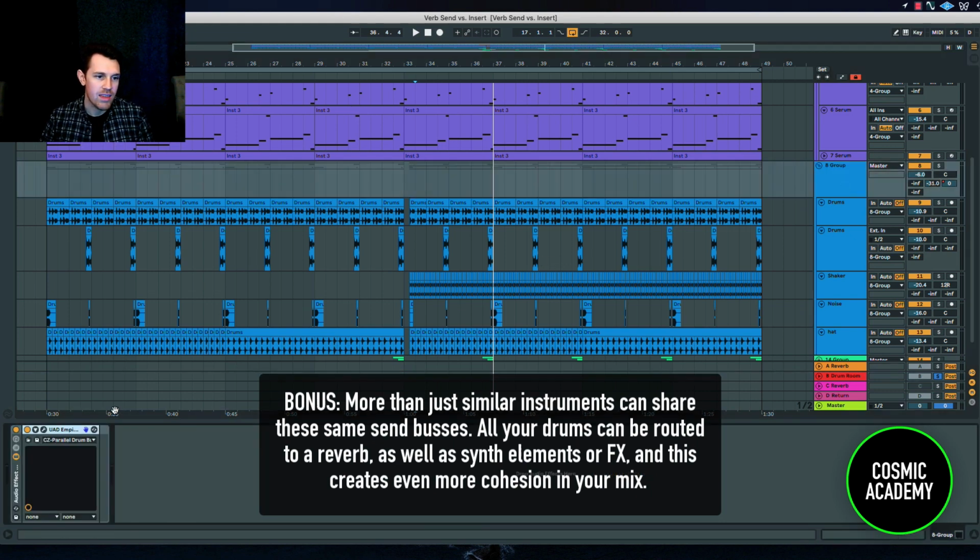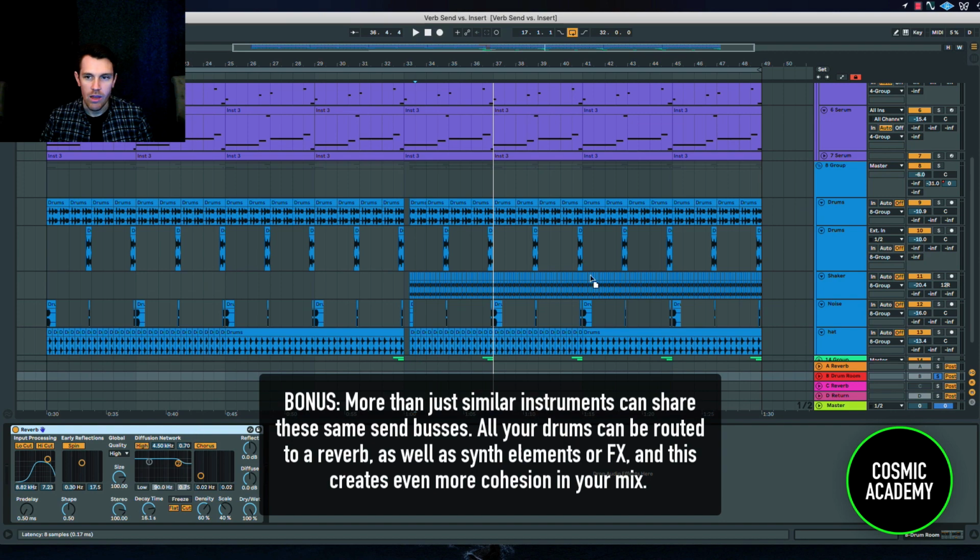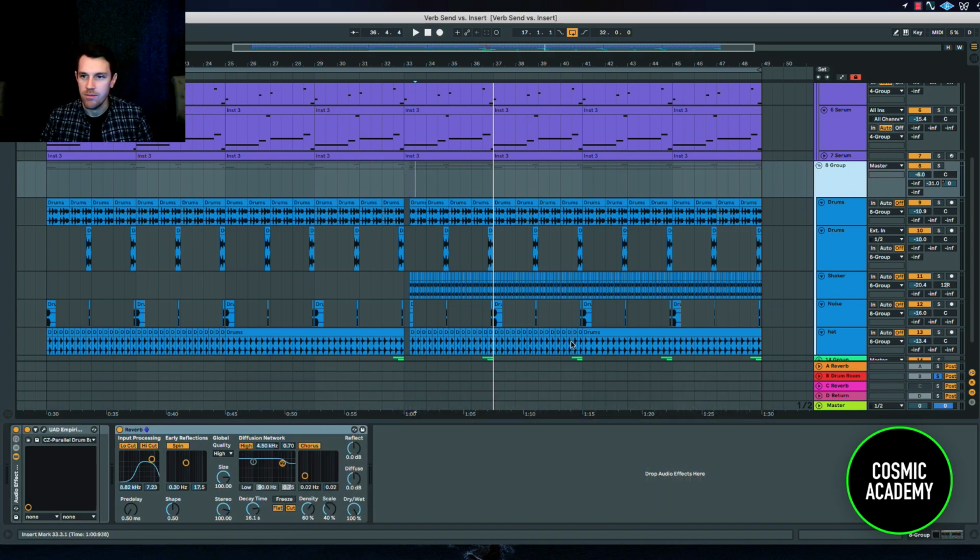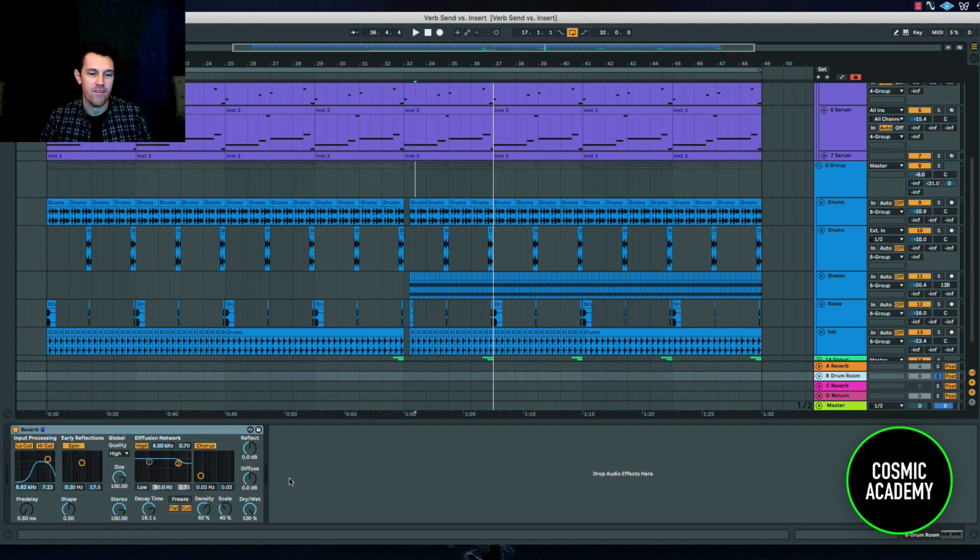Now, why is this different than just putting the reverb right here on the group channel itself and just using the dry/wet knob again? For the same reason, right? Just keep in mind that the benefit of putting it on the return channel is pretty much always that you have additional control. And even if I'm not EQing things and I'm not doing any special processing, having this ability to blend this in without turning down my dry signal when I turn up the wet signal, that alone is a huge benefit to mixing, because I don't have to decay away the volume of my dry signal. I keep those drums nice and punchy,